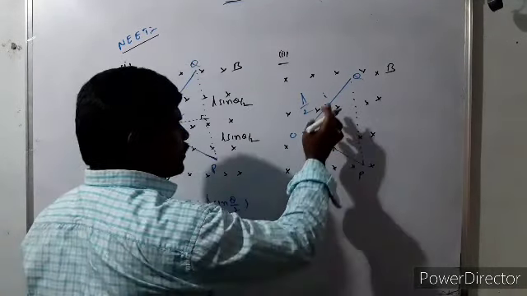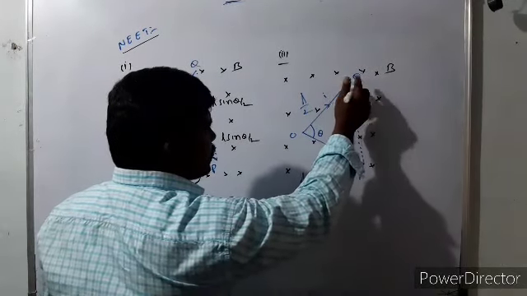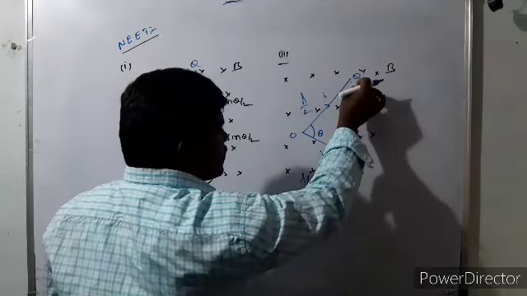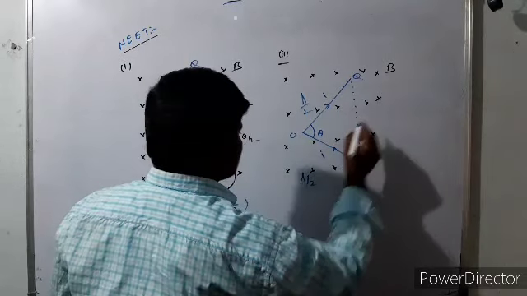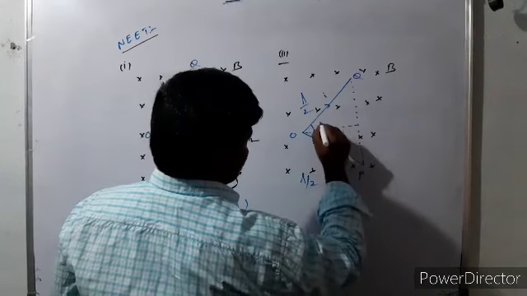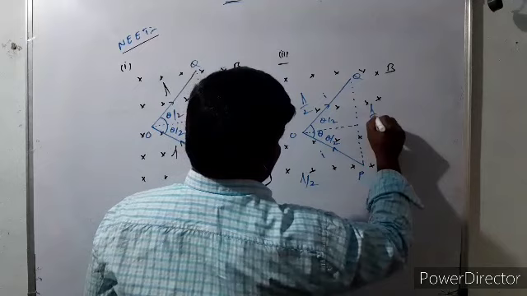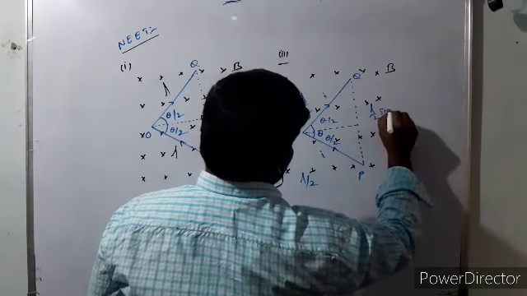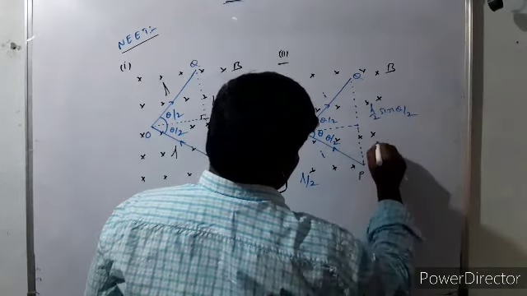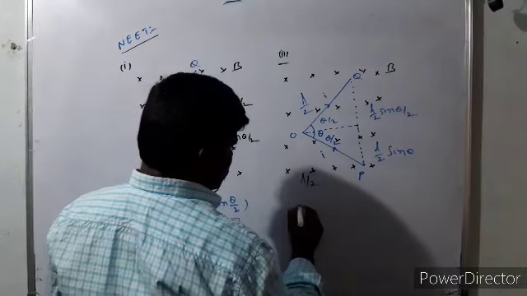Now force on POQ conductor means nothing but force on the dotted lines, and we need to consider these dotted lines as a conductor PQ. Now what is the length of this dotted line? Note the perpendicular bisector. This angle is theta by 2, and this angle is also theta by 2. Now this is L by 2. This length is L by 2 sin theta by 2. Therefore, total length of PQ how much?